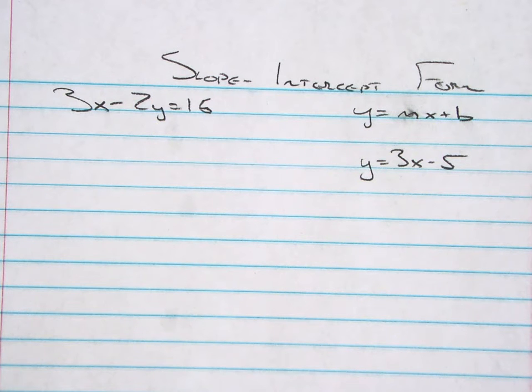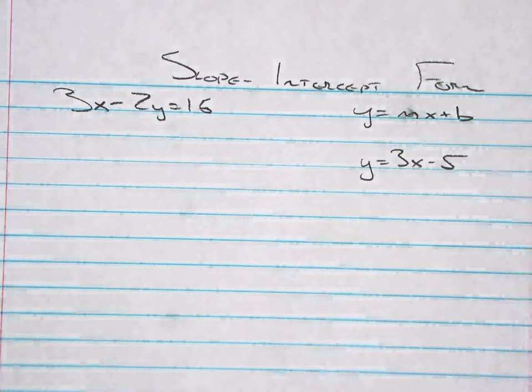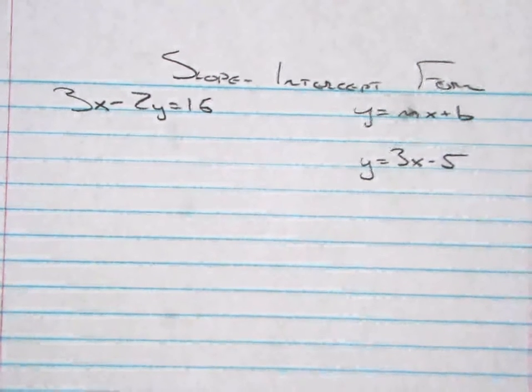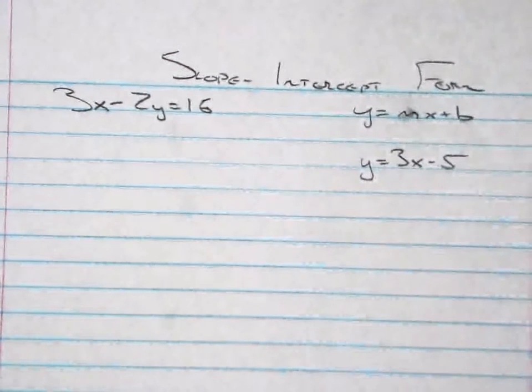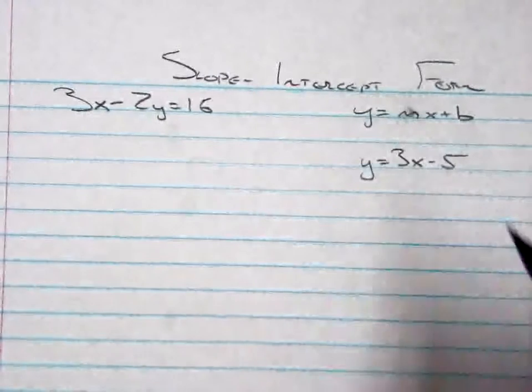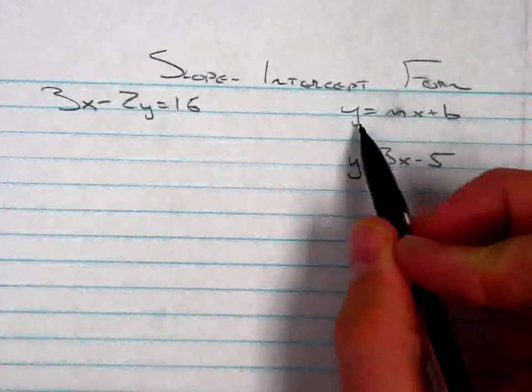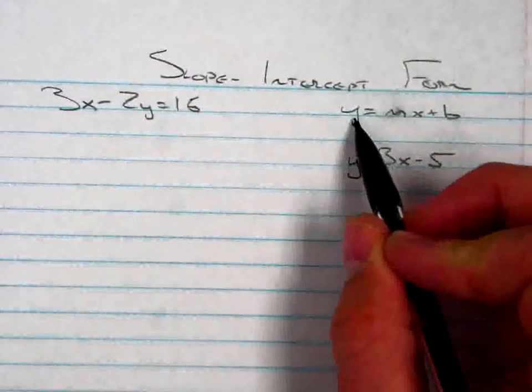Okay, I was asked during class if I would make a video about Friday's lesson involving slope-intercept form, so here it is. Start out saying that we learned that slope-intercept form is the equation that takes the form y equals mx